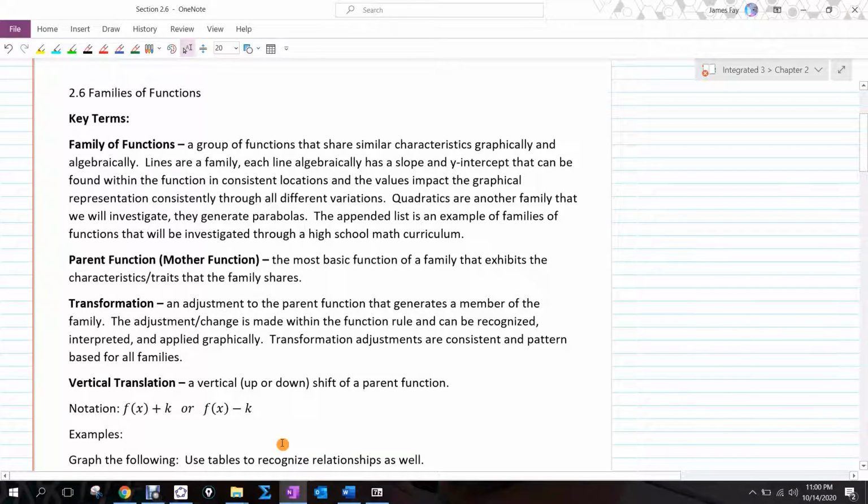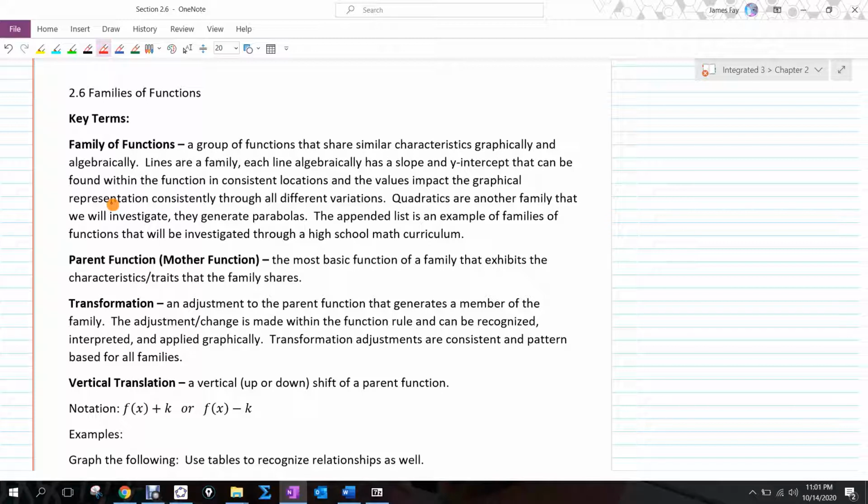We're going to talk about families of functions. A family of functions is a group of functions that share similar characteristics graphically and algebraically. Lines are a family. If we think about the lines that we've been dealing with, each line algebraically has a